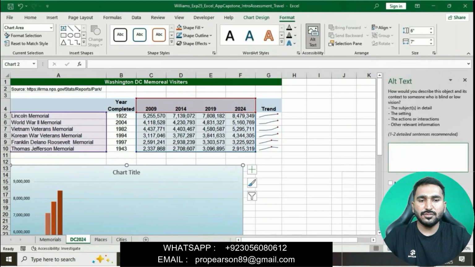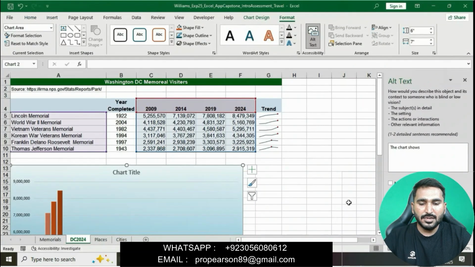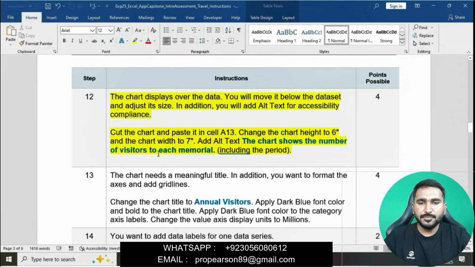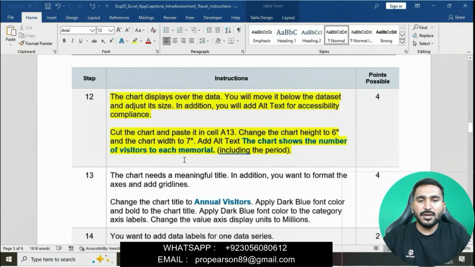The chart shows the number of visitors to each memorial. Okay, alt text will be added here.